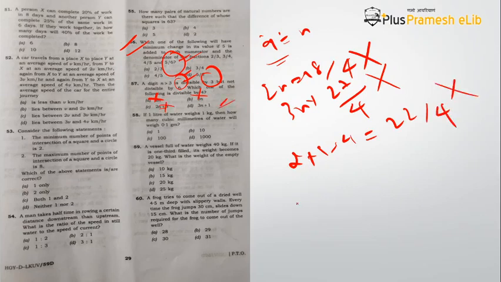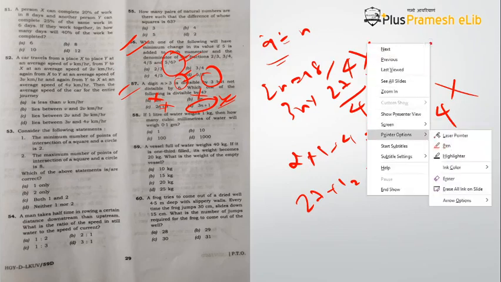What about 3n plus 1? 9 3s are 27 plus 1, 28. Is it divisible by 4? Yes. So the answer is 3n plus 1. See, the point is you should know that you don't have to find what n is. You just have to put in one value of n that satisfies the given condition and see which one of the following is happening. Okay, so the answer is D.